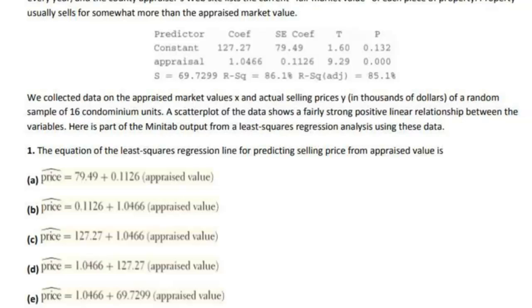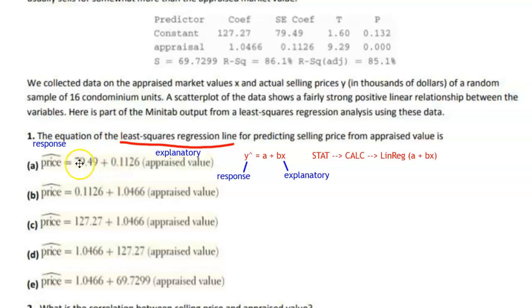The equation of the least squares regression line, remember a least squares regression line in statistics, is the one that is y hat equals a plus bx, where the y hat represents a predicted value for the response variable, and that x represents the actual value for the explanatory variable. And when you fill this in the calculator, remember you're doing stat calc linreg a plus bx. They wrote it out as price and appraised value, but we know that price is, in this case, the response variable, and appraised value is the explanatory variable. So it's basically asking which one of these is a correct LSR line with the values that are taken from